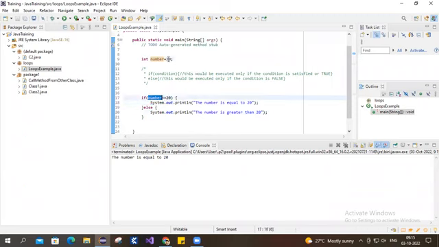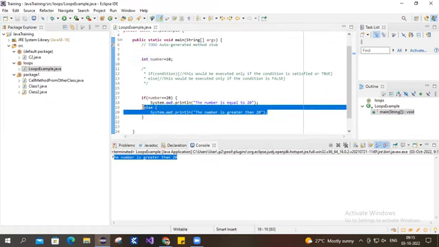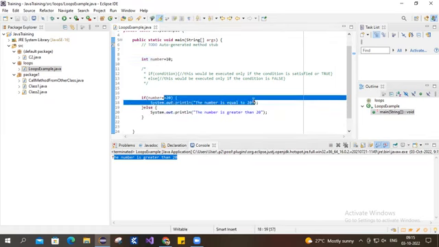Now what if we say 30 and we execute it? So 30, the number is greater than 20, it says, which is true. So what if there's some other condition as well? If the number is 10, in this case it should not say number is greater than 20, right? Because if it is 20 it does this block, but if it is not 20 then only